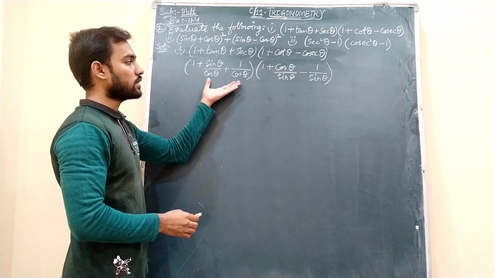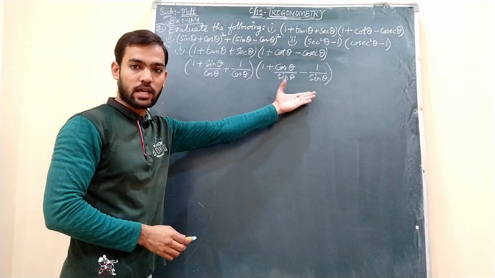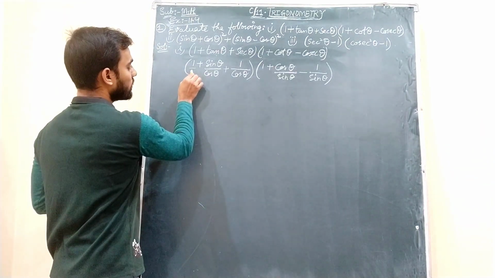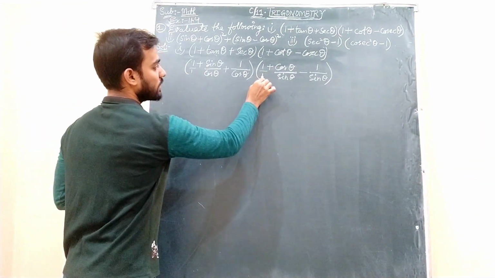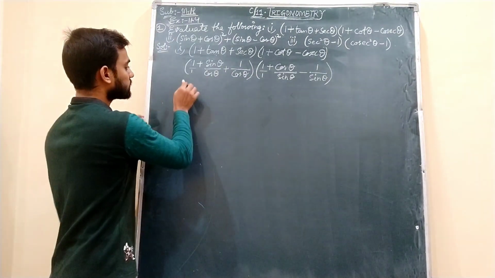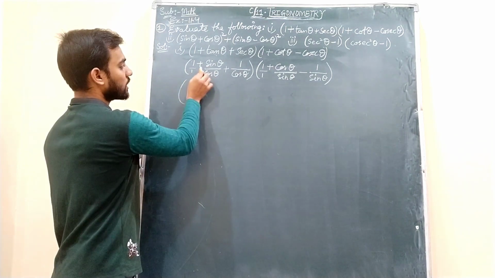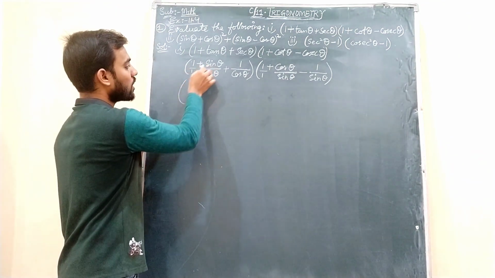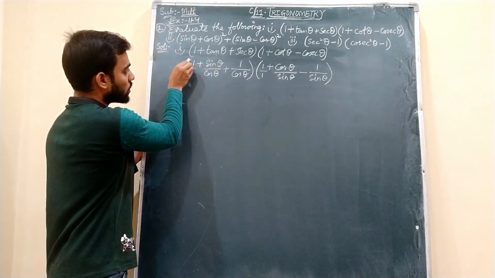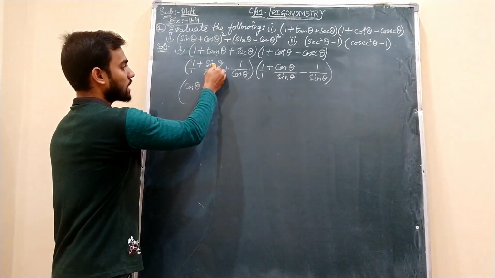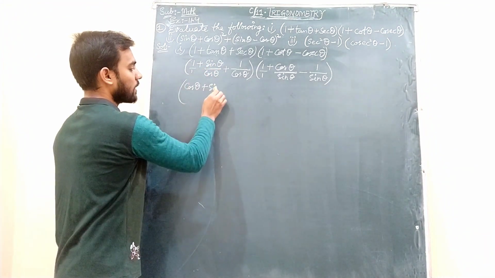Now if you see, here we have sin and cos, and here also we have sin and cos. Here, if there is nothing, what will be there? 1. Here also 1 will be in the denominator. So let us try to make them 1 first. There are two terms with a positive sign in between them. So what do we have to do? Numerators cross, denominators direct. So 1 into cos theta is cos theta, plus sin theta into 1 is sin theta.